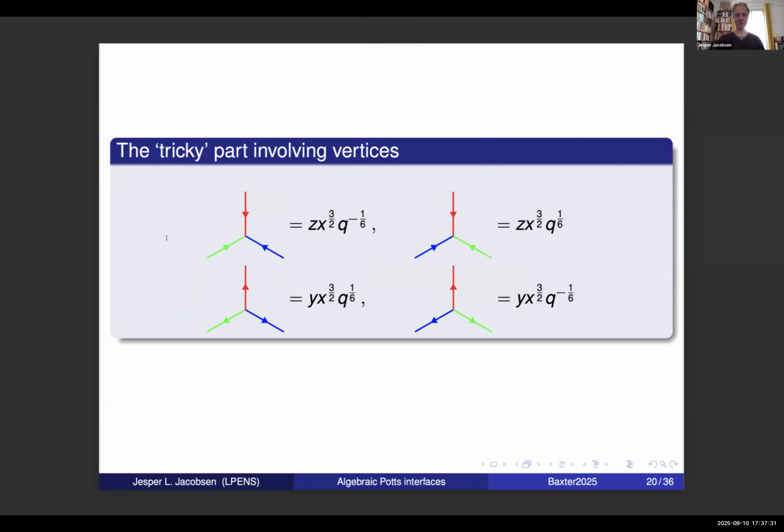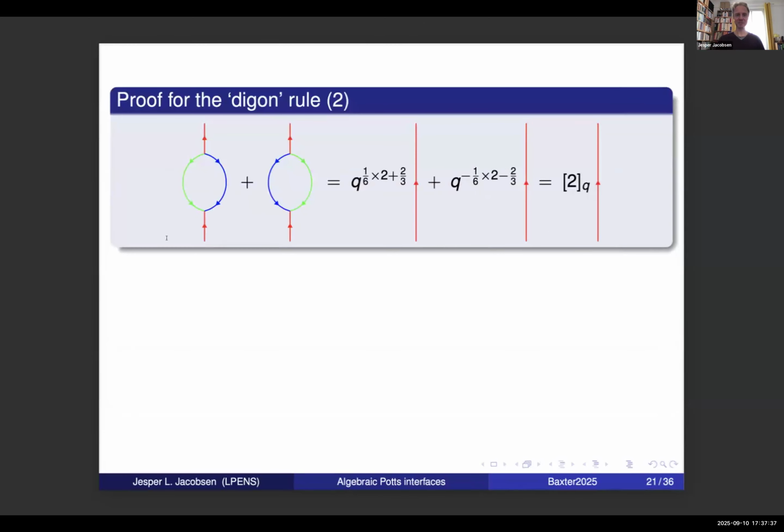So how to figure out this q to the plus minus 1/6? Where does that come from? Well, the first thing that you can actually see is that it will work. So for example, take this rule for a phase of degree 2. Imagine that the line that bubbles out is red. So that means that the 2 intermediate lines are blue and green, and I have to sum over those colors. So I have 2 terms on the left-hand side.